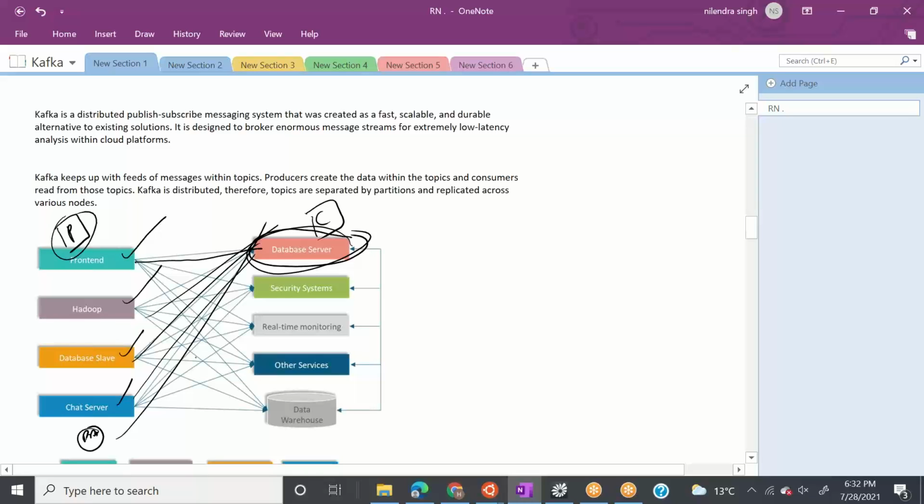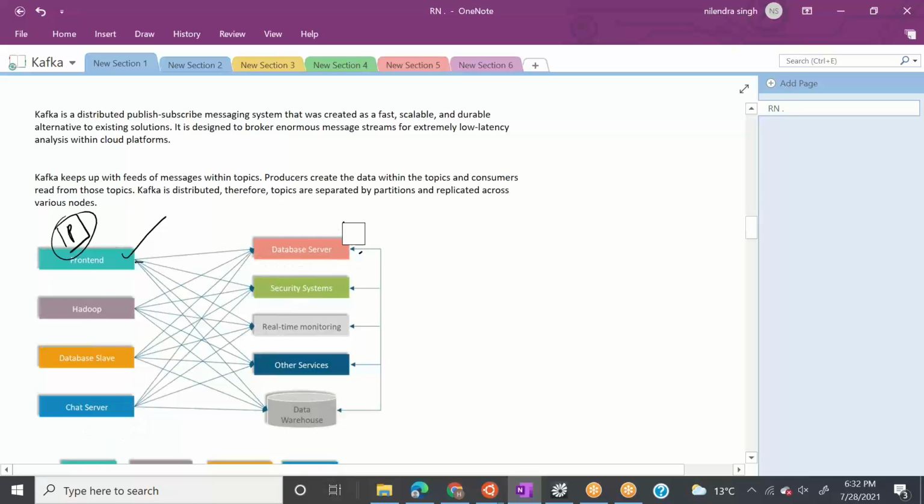So it feels like a mess, right? We don't know, let's say there is some fault somewhere in some connection, we won't even know where the fault is. And it means that on any particular system which is producing messages, there is a lot of load. Let's say right now there are 5 systems here. If these systems become 500, there will be 500 connections here. It will impact the overall performance of my producer, right?